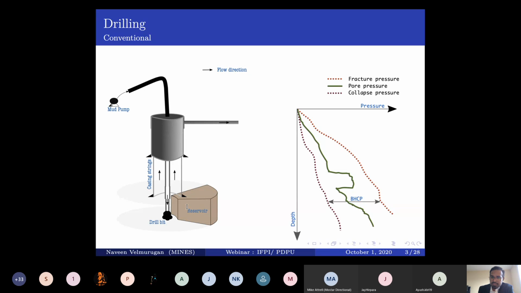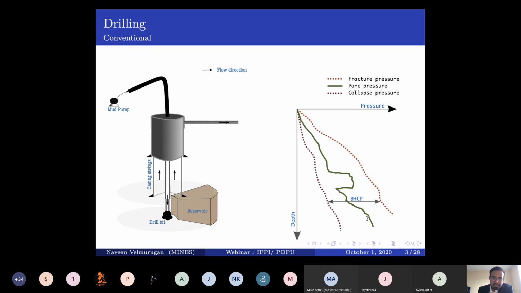And there is another pressure gradient that is given by the pore pressure, which is nothing but the pressure at which the fluids are held in the reservoir pores. And this is something that can vary. We don't have a natural trend. It's always an estimate, and we always take an informed decision and the best decision to avoid overpressure zones,